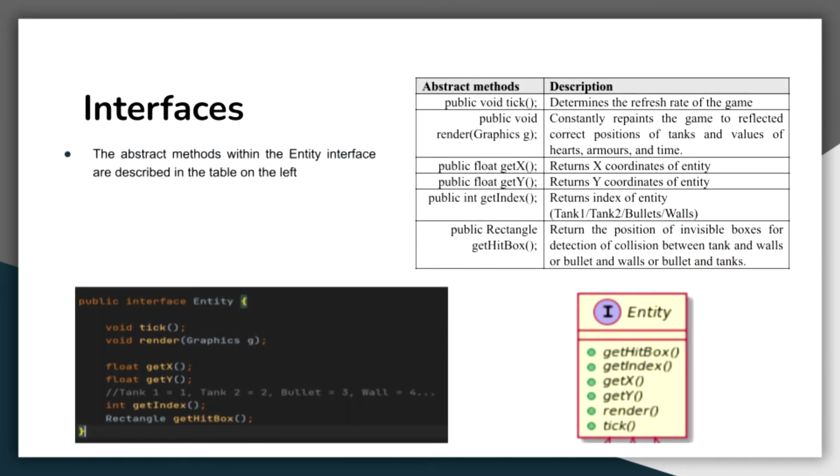Methods defined in an interface are empty but must be implemented by other classes. For our project, the classes that implement the Entity interface are Tank.java, Wall.java, and Bullet.java. Each of these entities behaves differently from each other, from the way they are initialized at the start of the game to the way they are removed from the game, either through the end of the game or after being